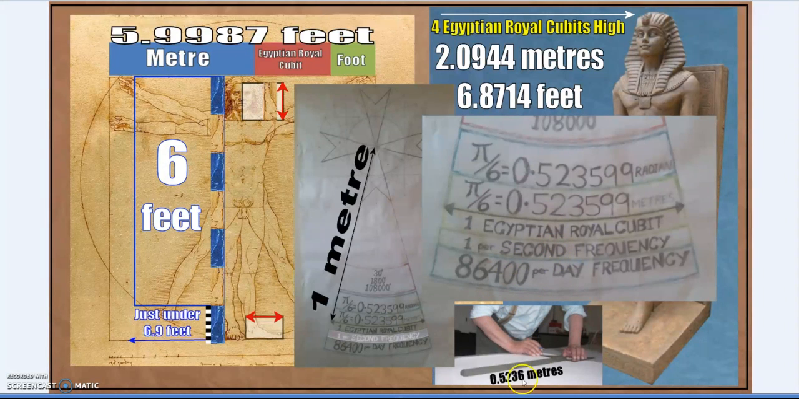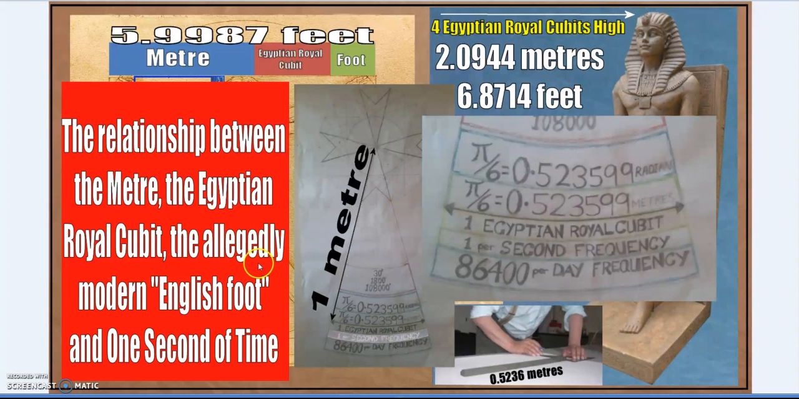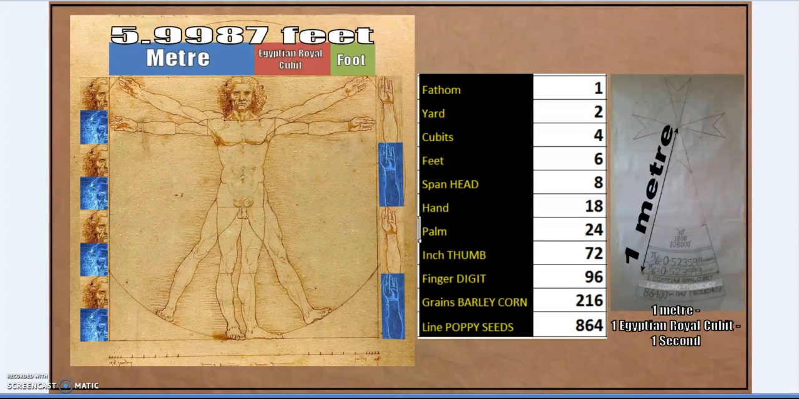But that to the side for the moment. 1 Egyptian royal cubit, pi over 6 meters, Old Kingdom cubit. So the meter, the second, and the cubit come together. The meter, the Egyptian royal cubit plus the foot essentially equals the ideal modern imperial measure of 6 feet. So the relationship between the meter, the Egyptian royal cubit, the allegedly modern English foot, and 1 second of time is extraordinarily close. But 1 meter, 1 second, 1 Egyptian royal cubit, the connection between the idealized man of 4 cubits,